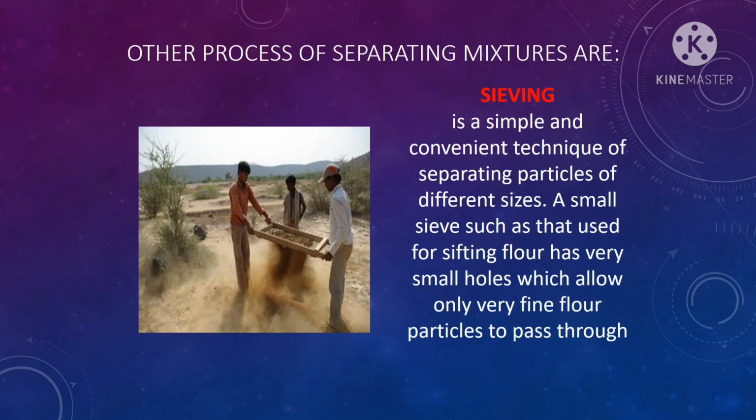There are also other processes of separating mixtures. The first one is sieving. Sieving is a simple, convenient technique of separating particles of different sizes. A small sieve, such as that used for sifting flour, has very small holes, which allow only very fine flour